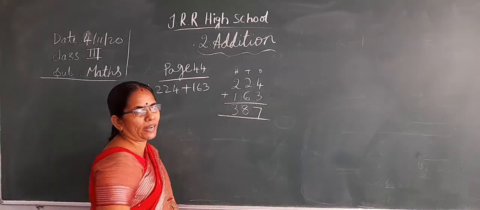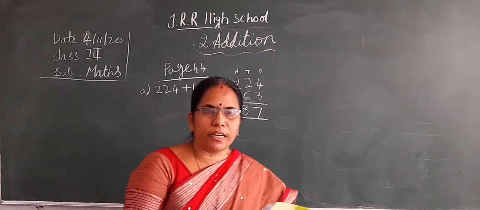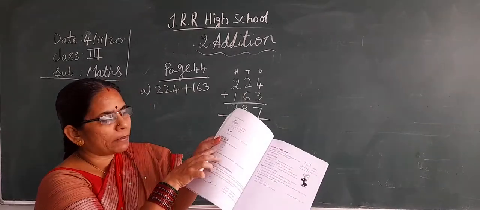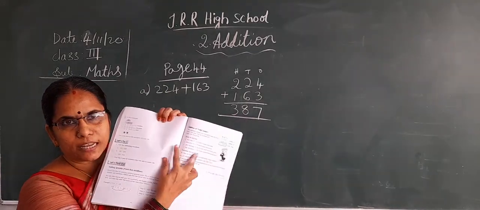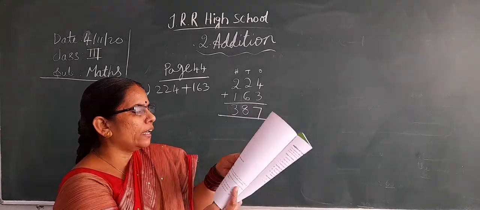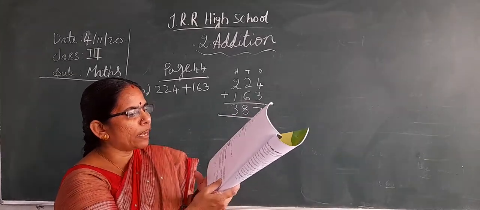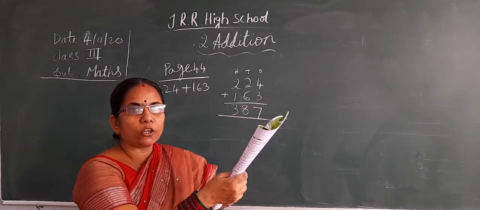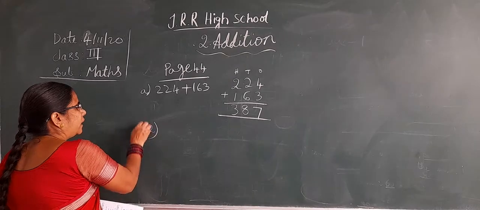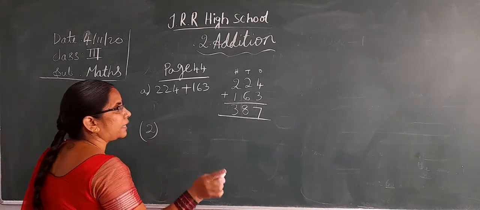Just directly you can add it like this. Don't draw the blocks or anything. Okay? Write like this. Here 3 are there, this A, B, C you do here only. Place is there, here only you can do. And the second one is: find any 5 pairs of numbers that can be added to make 100. Any 5 pairs making 100.